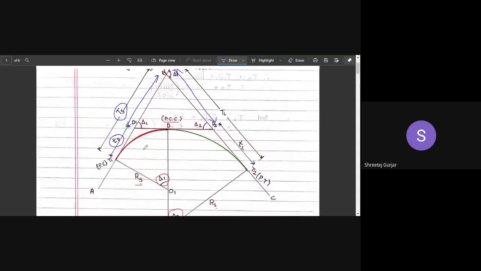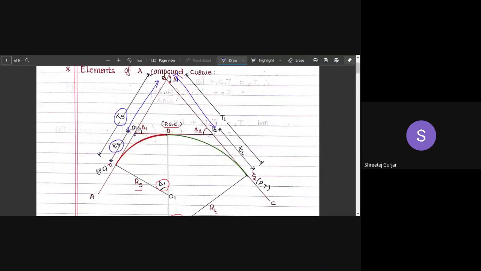What is D1 D2? D1 is here, D2 is here. So D1 D2 sine, and for this particular length you have to use delta 2 by sine delta. The opposite delta you have to use. This is for BD1, the length we have calculated. The formula is D1 D2 into sine delta 2, the opposite delta, not delta 1, divided by sine delta.